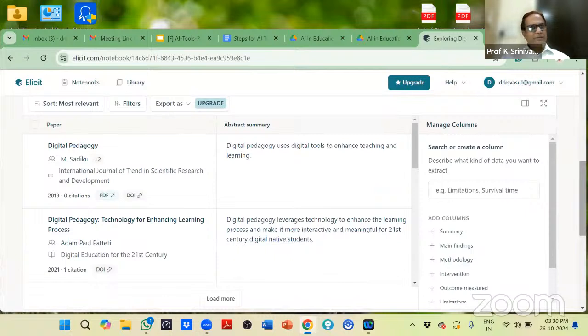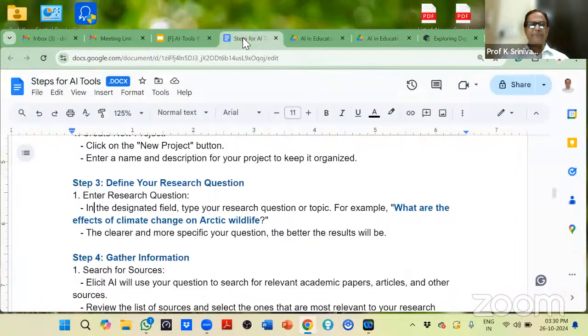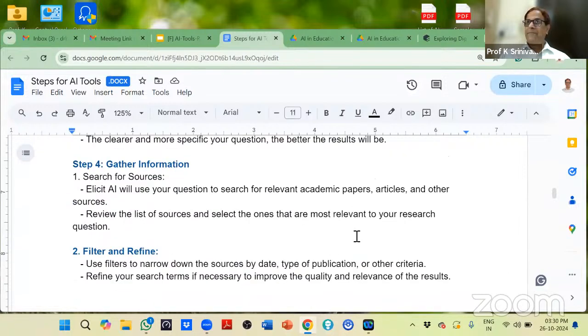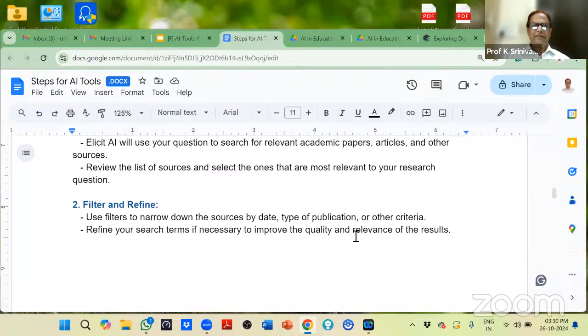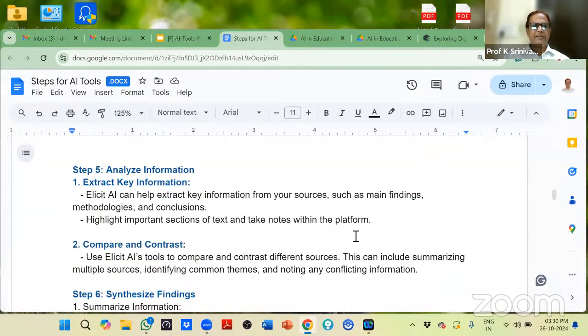और यहाँ देखिए आपके 3 कॉलम्स आ गए। सो बीच वाले कॉलम में एब्स्ट्रैक्ट की समरी है। और अब हम और भी प्रश्न इसके अंदर रिफाइनिंग वगैरह जो कर सकते हैं। और देखिए स्टेप 4 में क्या किया था: Elicit will use your question to assess the relevant academic papers, articles and other sources and review the list of the sources. और इसको जैसे मैंने आपको पहले ही कहा था, फिल्टर एंड रिफाइन भी अच्छा खासा कर सकते हैं।